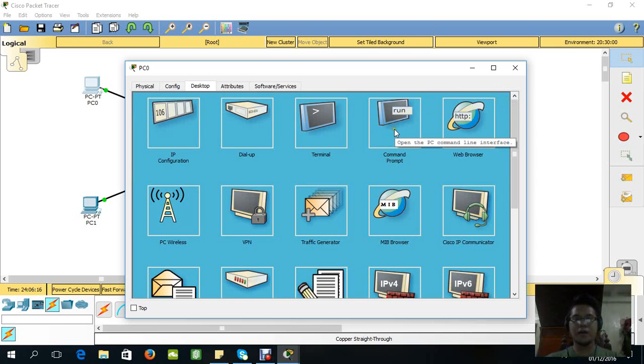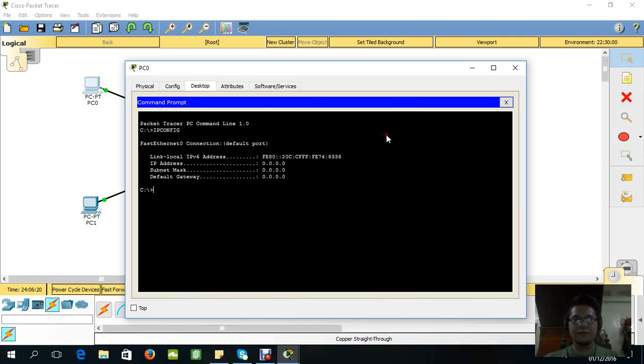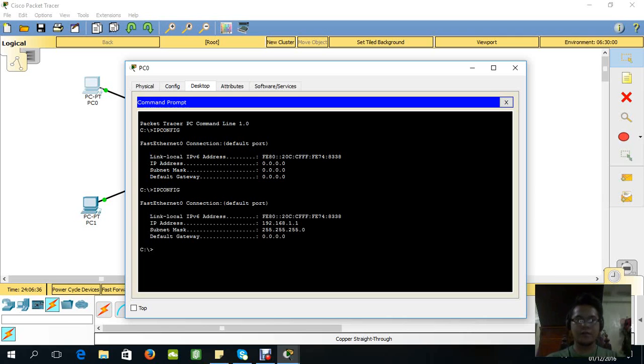And then we'll go back to command prompt to check the IP address that we inserted. Just type ipconfig, then press enter. Then after we insert the IP address, as you can see, our computer read the IP address that we inserted.